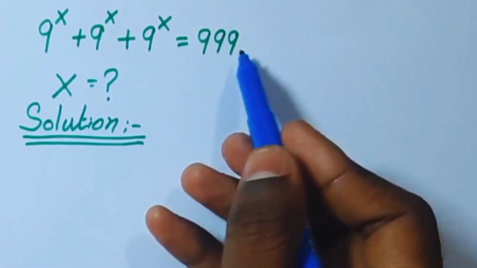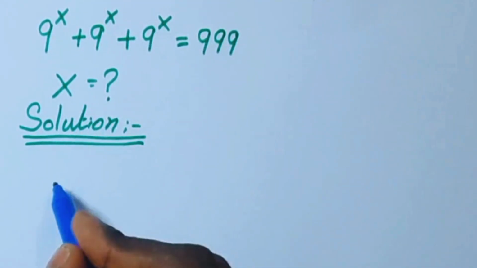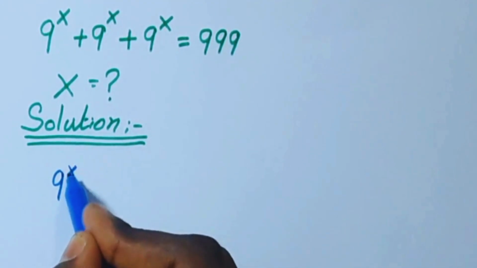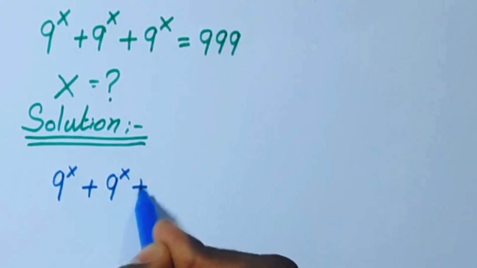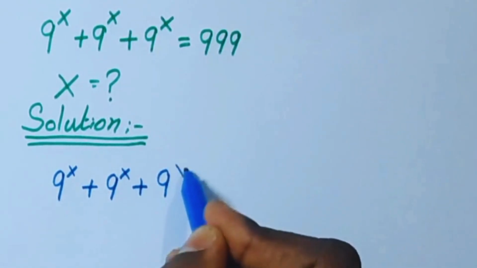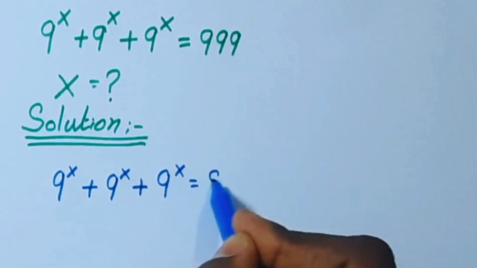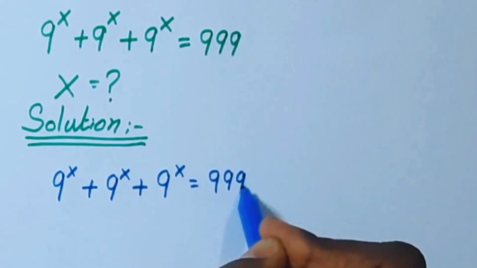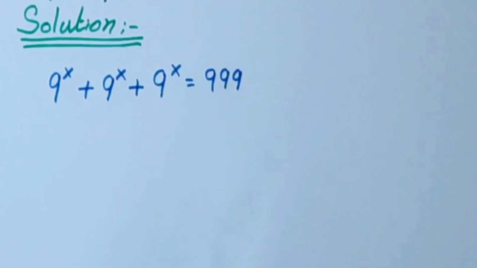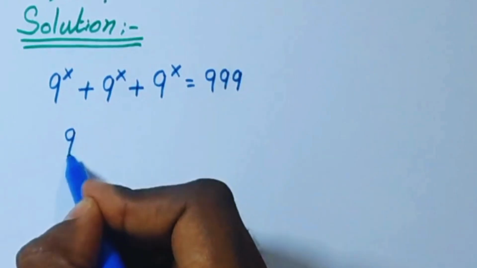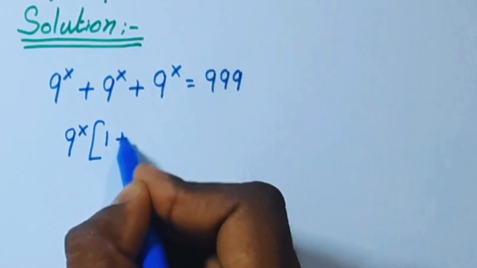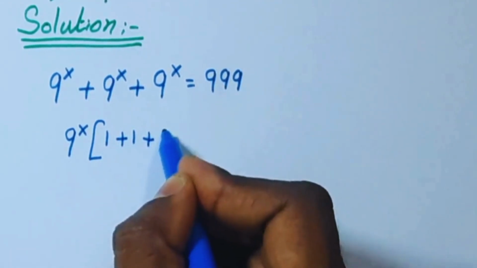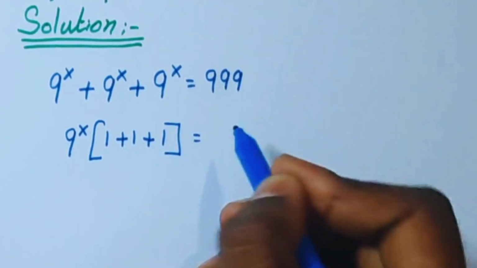Today we are going to solve this problem to find the x value. Solution: 9 power x plus 9 power x plus 9 power x equal to 999. Now this 9 power x we are going to take common. So 9 power x, open bracket, 1 plus 1 plus 1 close bracket equal to